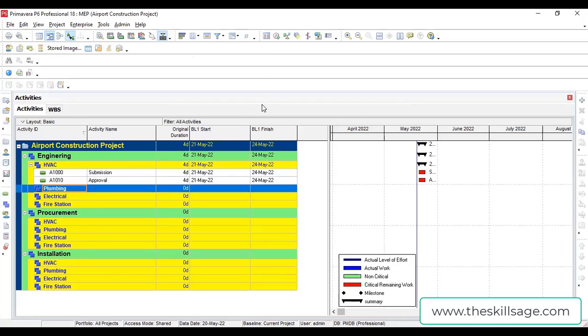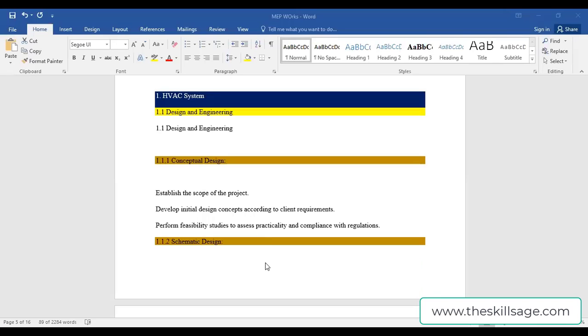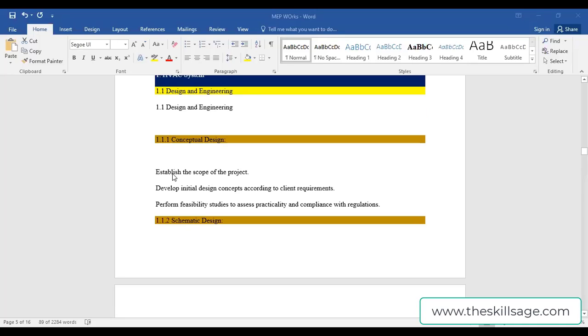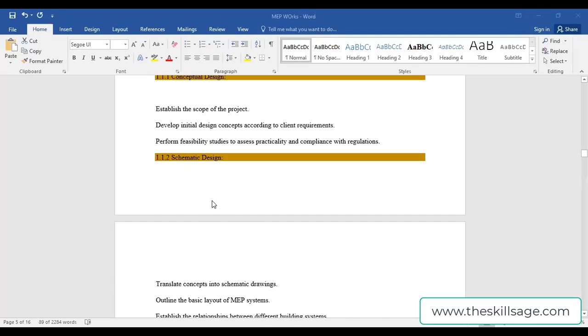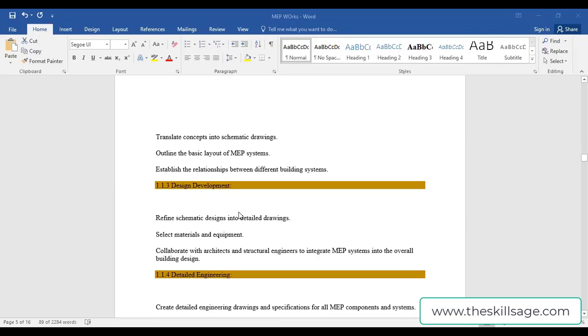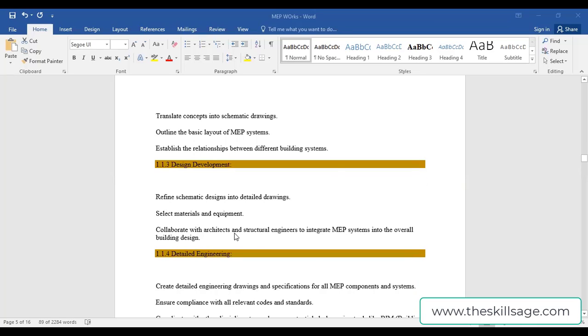I recommend them to complete this assignment as a MEP project if they are working in the MEP field. And for more details, if you want to understand the HVAC design system, I have also compiled this file over here and I will upload it later on as well. In the designing phase, as per industry practice, there is conceptual design first, and there are breakdowns of this conceptual design: the scope of the project, develop initial design, perform feasibility, then schematic design. These three things will be done in this phase: design development, refine schematic design, and then select material, equipment, collaborate with architects,